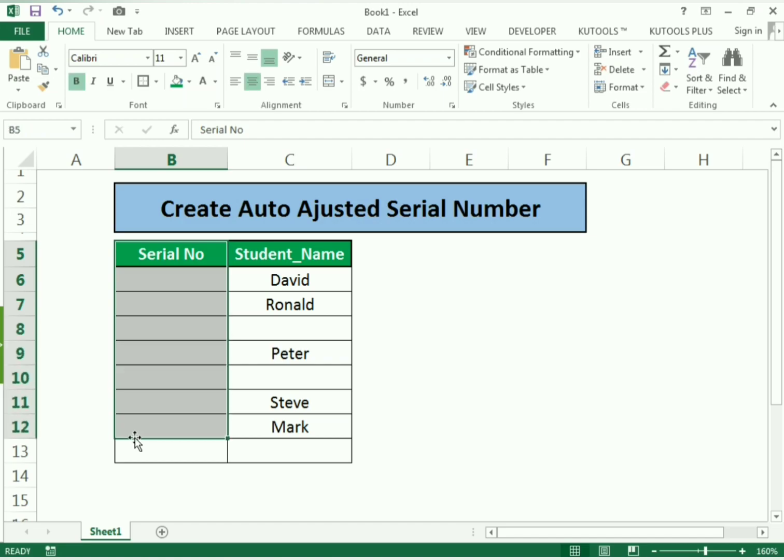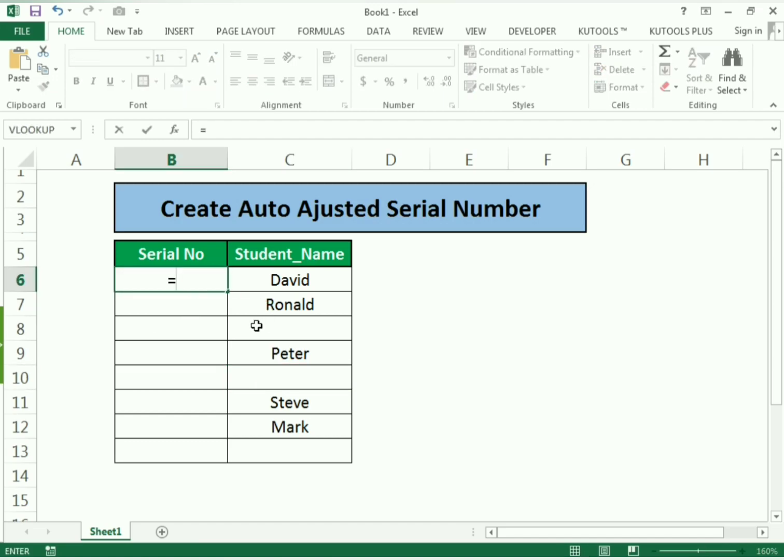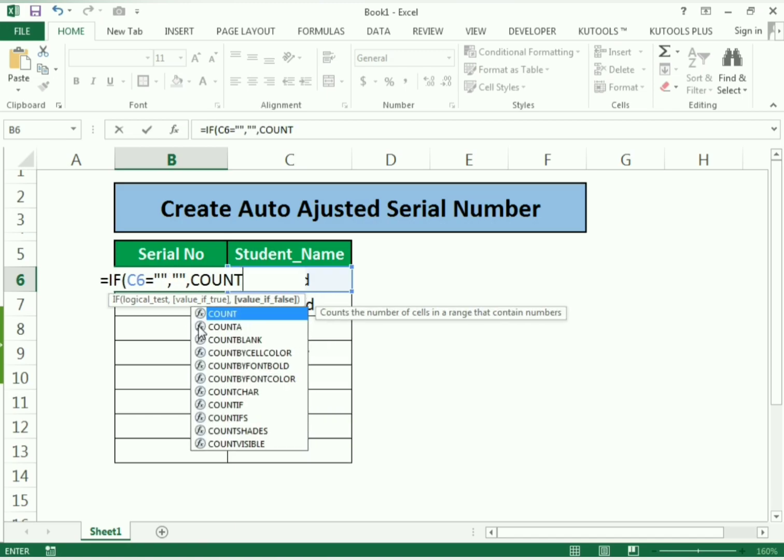We have the serial number and the names of the students, in which we have the names of some students and some blank cells. So we select the cell in which we need to write the formula, and we use equals IF, bracket open, and in the logical test select C6, which is our David, equals to empty, inverted commas open close, comma, it remains empty, inverted commas open close, else we write comma, then COUNTA, bracket open,